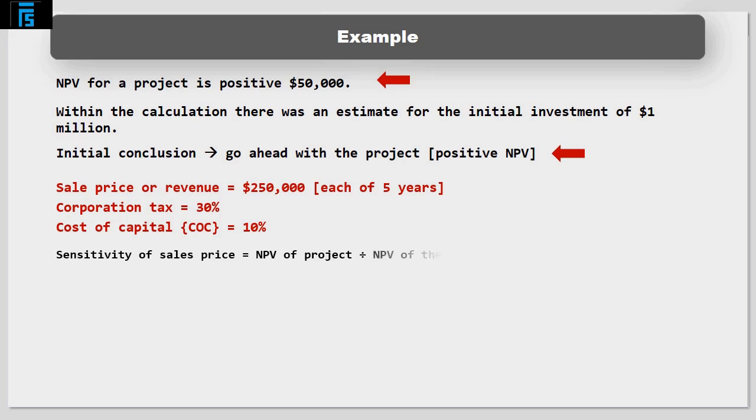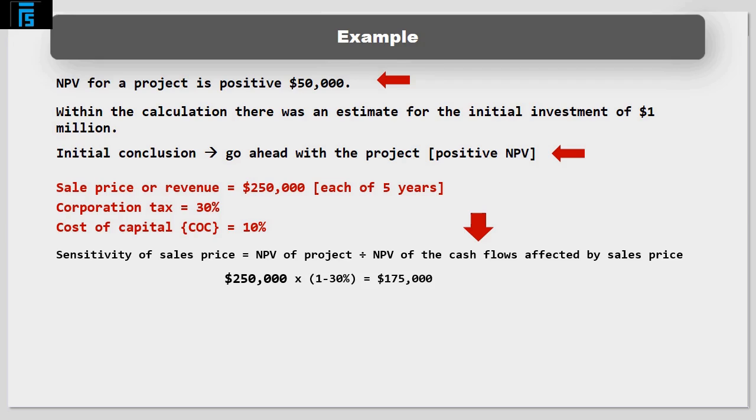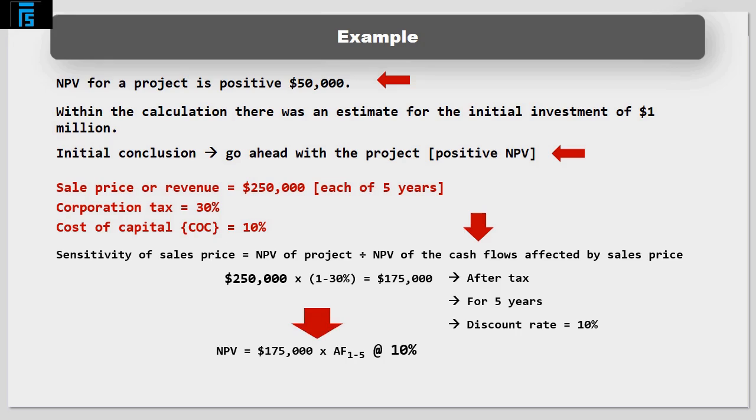Let's now consider the sensitivity of our decision to sales price. The net present value of the cash flows affected by sales price is as follows. $250,000 before tax is worth $250,000 times 1 minus 30% equals $175,000 after tax each year for 5 years at a discount rate of 10%. The present value of after-tax revenue is therefore $175,000 times the 5-year annuity factor at 10%, which equals $175,000 times 3.791 equals